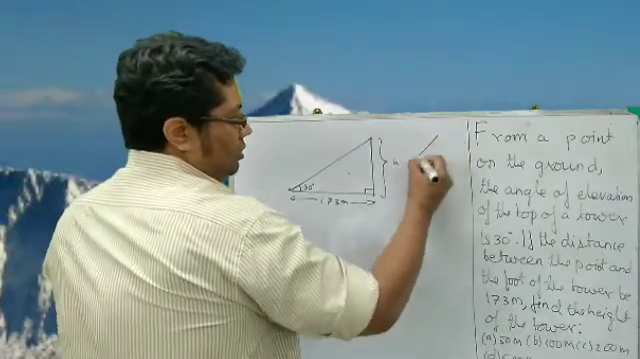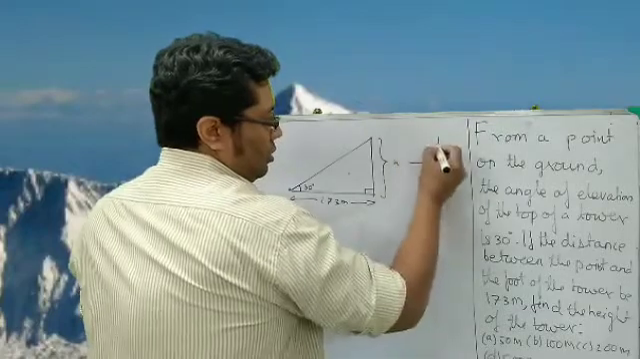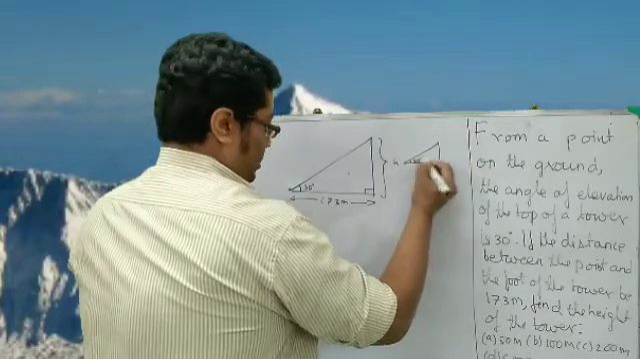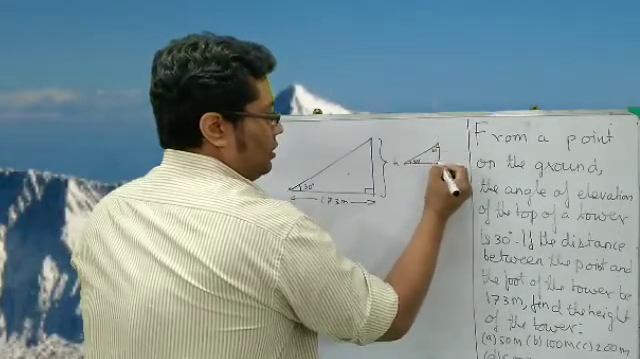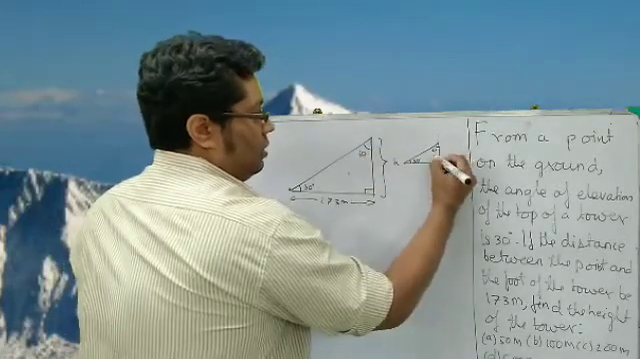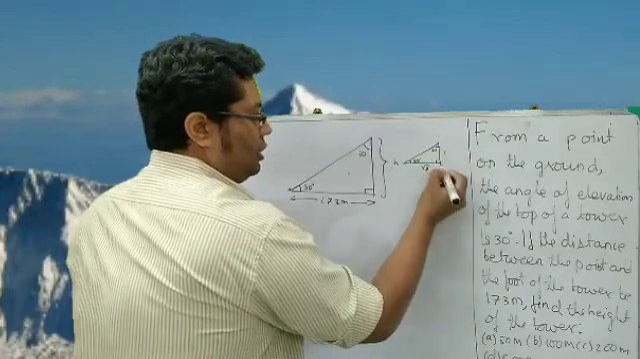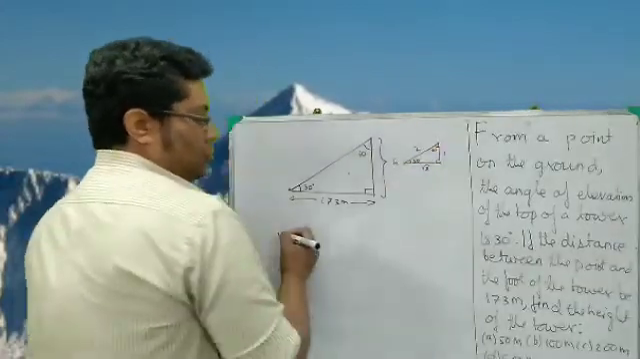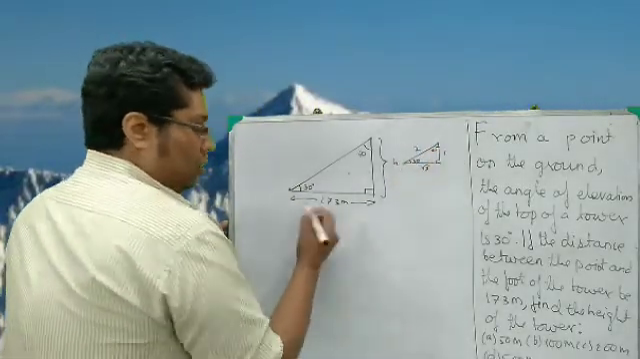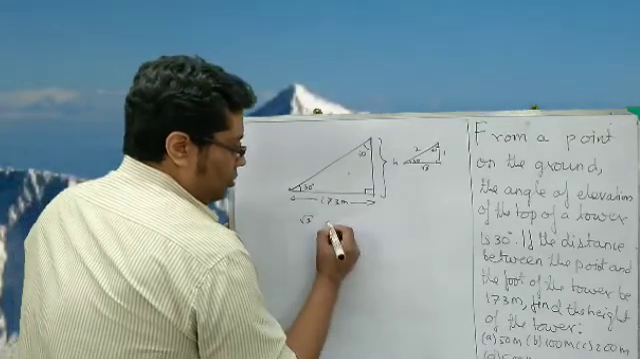Now if I try to do a comparison with the unit one, 30 degree, 60 degree, 90 degree. Now this is 60 degree because obviously this is 90 and this is 30. Opposite to 30 degree is 1. Opposite to 60 degree is root 3. And opposite to 90 is 2. So that means from the unit triangle, comparing this with this one, root 3 is equivalent to